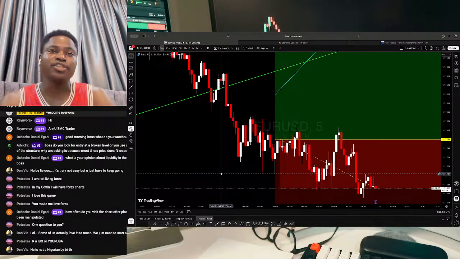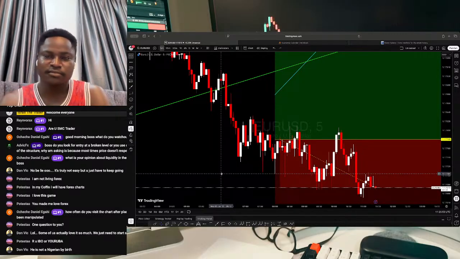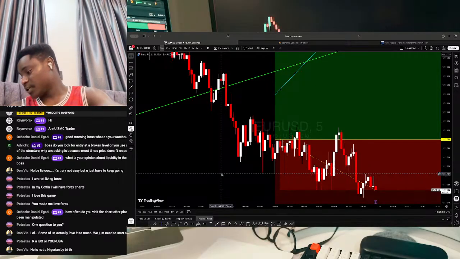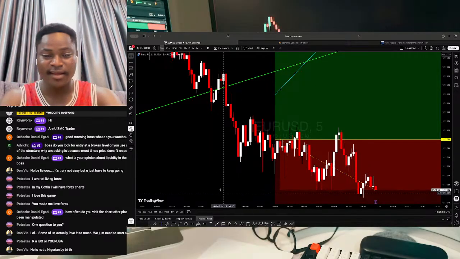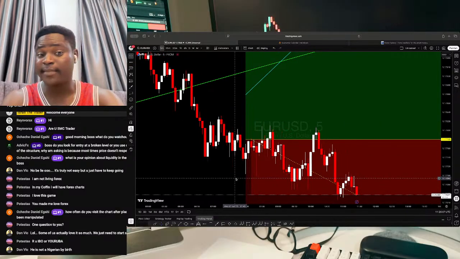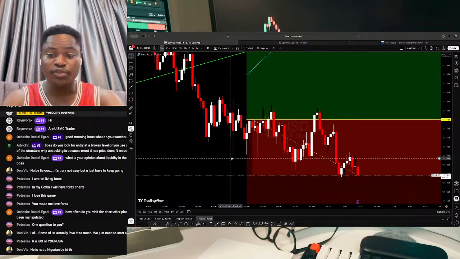But if I'm in a day trade, I check it after an hour. It depends on when I'm free and all. I do check it, right? But if you are scalping, man, I check every minute. So me checking the chart and checking my trade depends on the type of trade